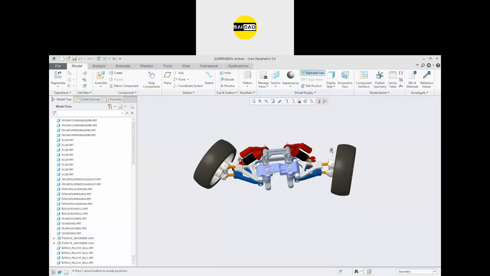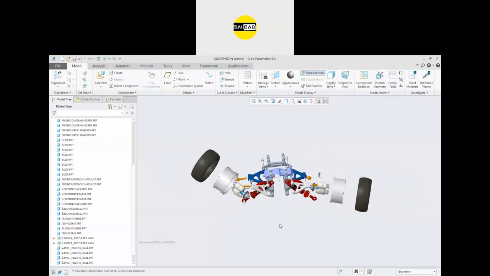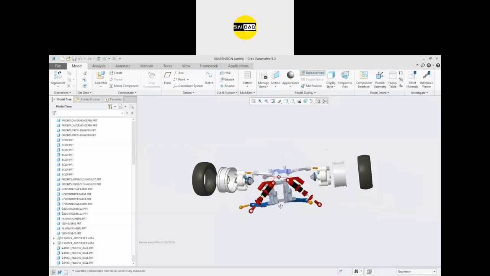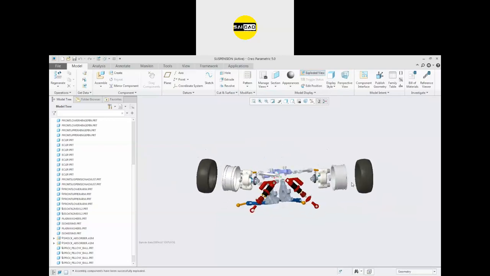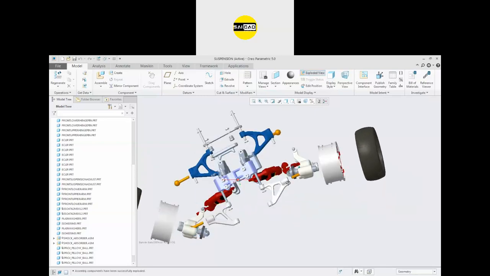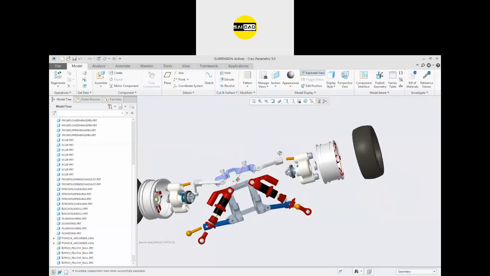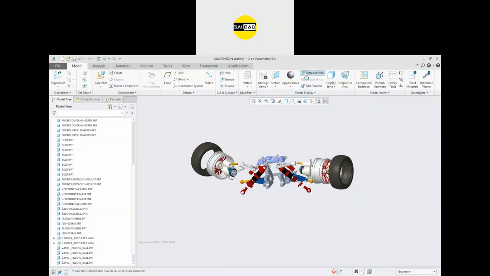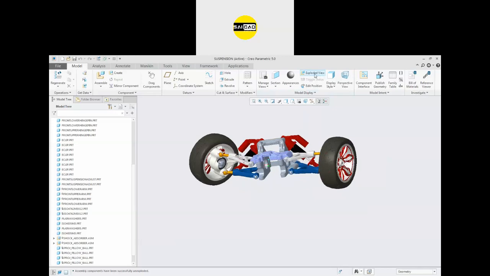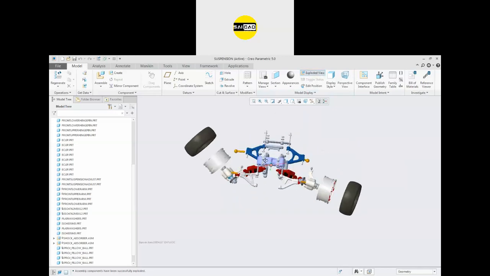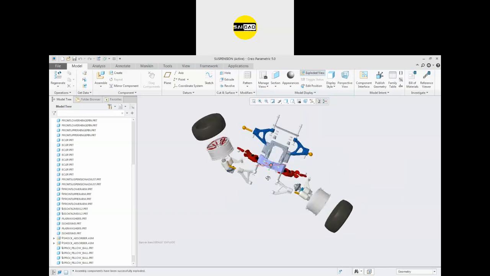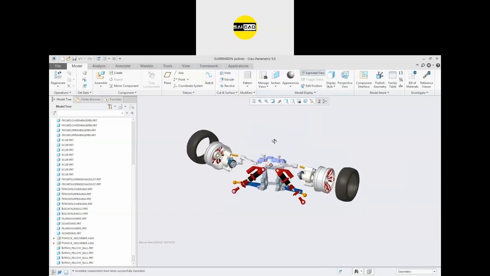So just go here, exploded view, and you can see the assembly will be open without deleting the relation. It will be just shown like that. Everything will be separated from its base location. Okay, so this is the automatic explode view. You can just click here, like that it will be joined, like that it will be exploded. Okay, this is just a visual representation to show the exploded view of that assembly.